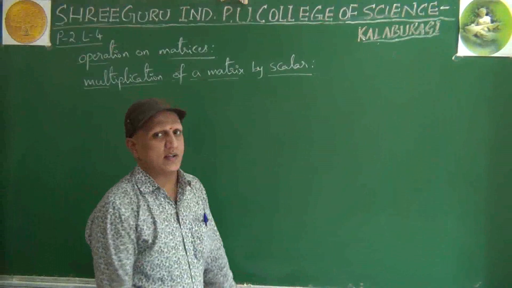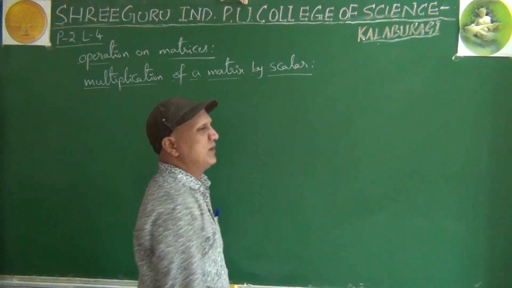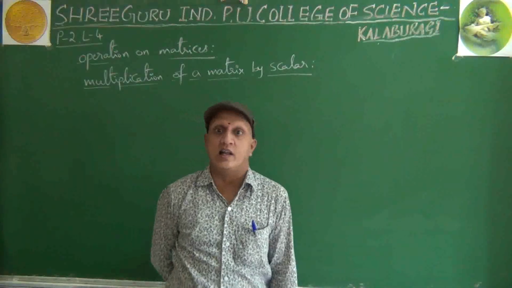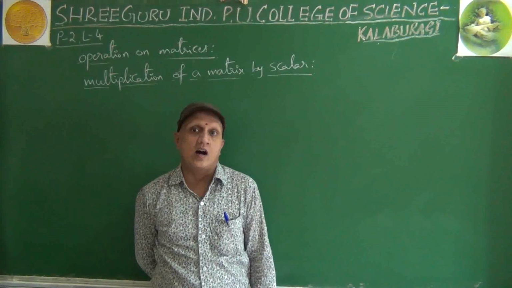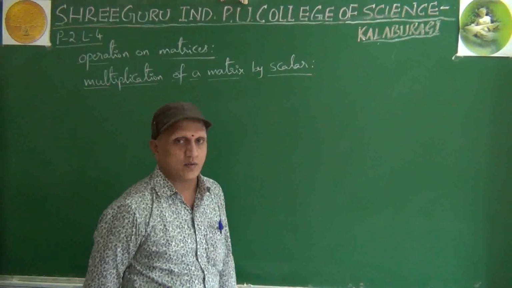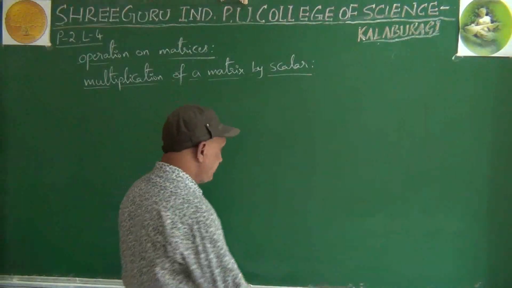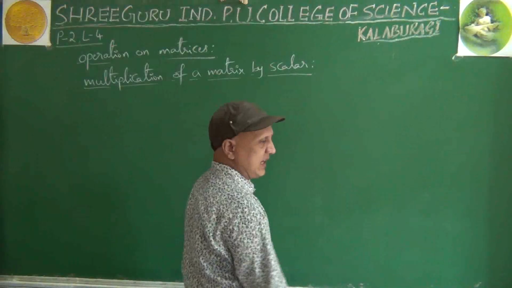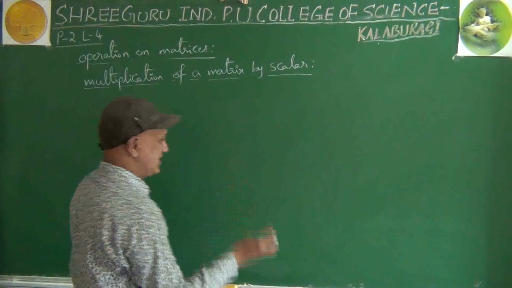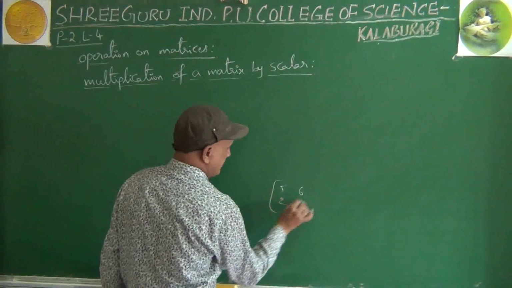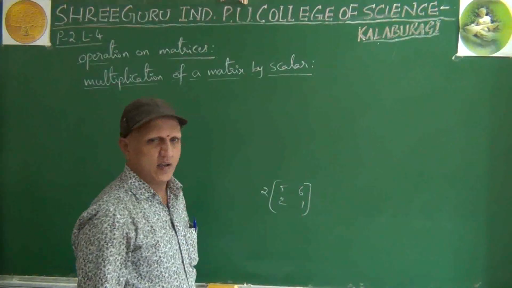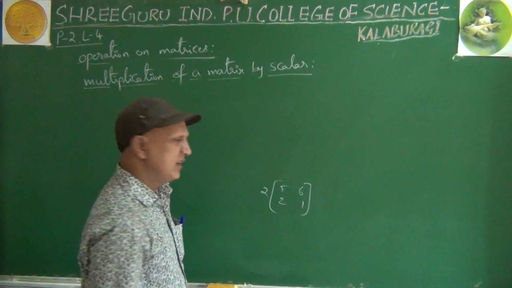This also I'll explain with the help of an example, then you can understand easily. Scalar means number. Remember, this word is very important. Scalar means a number, a constant, a fixed number. Remember it permanently. It will be helpful even in physics. Multiplication of a matrix by a scalar. Scalar means any number: 2, 3, 5, 1, minus 3, 7 by 6, 2 by 3, anything.